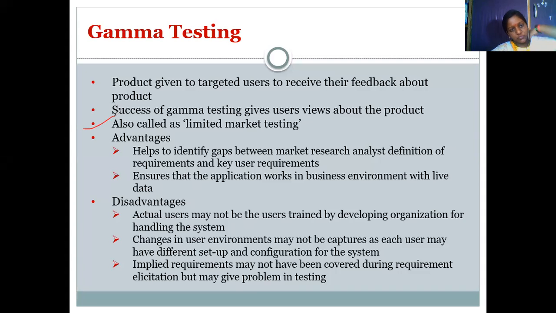The advantages of this are that it helps to identify the gaps between the market research analyst's definition of requirements and the key user requirements, and it ensures the application works in a business environment with live data. The disadvantages are that actual users may not be the users trained by the developing organization